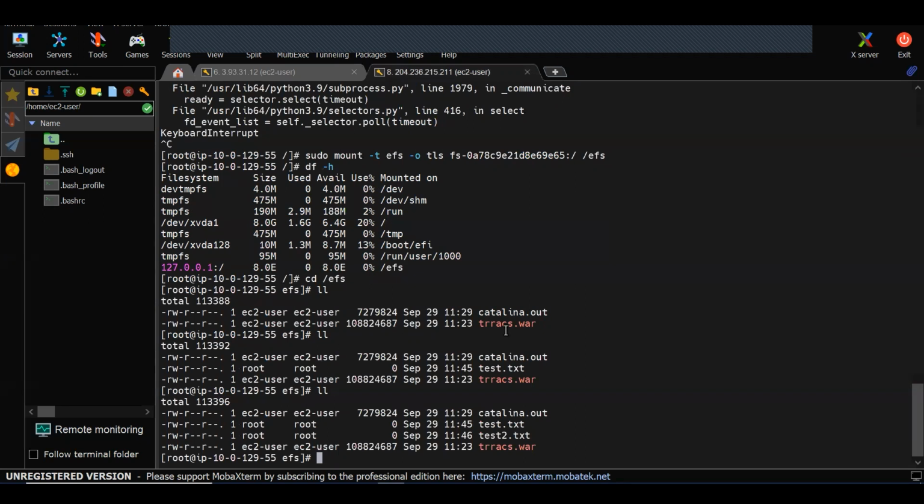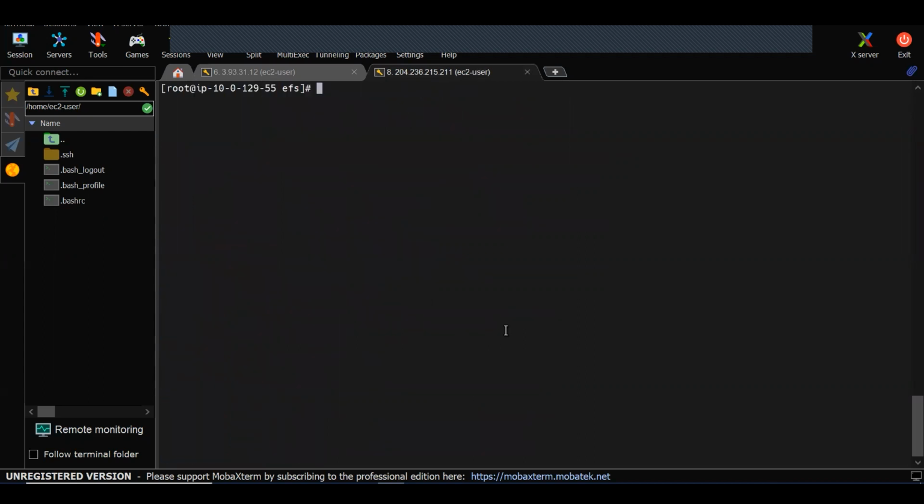So whatever data we are showing, that is a single file only. So we are accessing it in multiple ways, in that server from this server, like that. Here we have seen, we just mounted the EFS. I will do one thing now. Just tell me what will happen after this one.